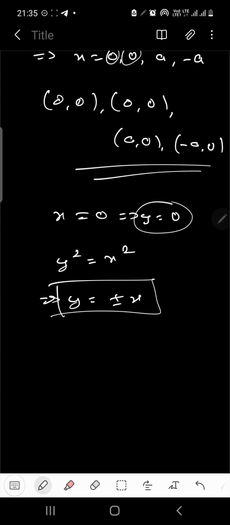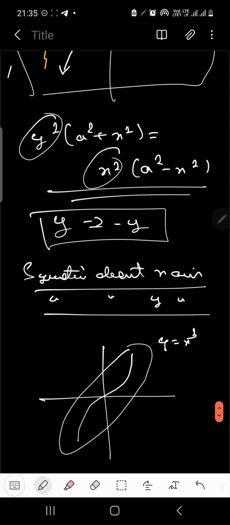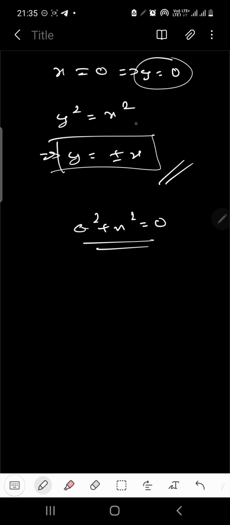Okay. Furthermore, do we have an asymptote here? I don't think we are going to have a real asymptote here, because a square plus x square equals 0 does not yield any real solution for x. So we are not going to actually have an asymptote here. You can check for oblique asymptotes, but these only give you the oblique asymptotes, kind of, not exactly the oblique asymptotes.